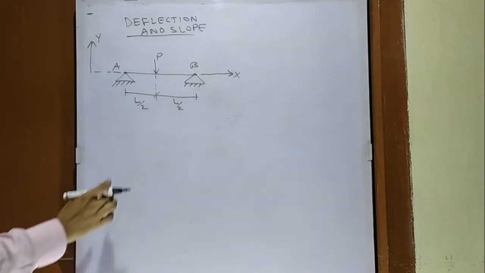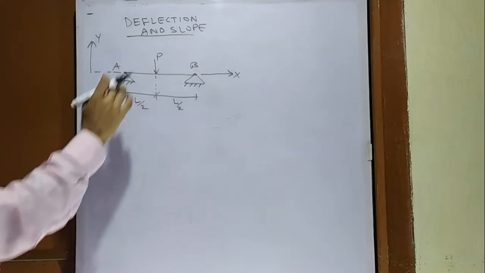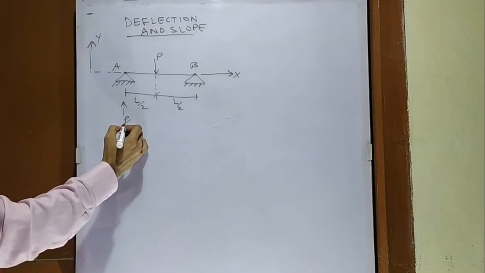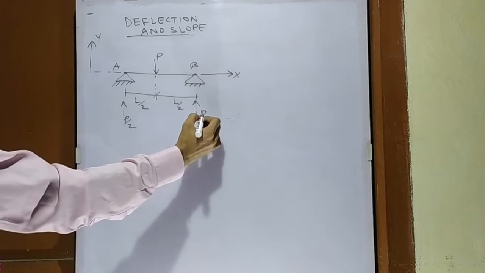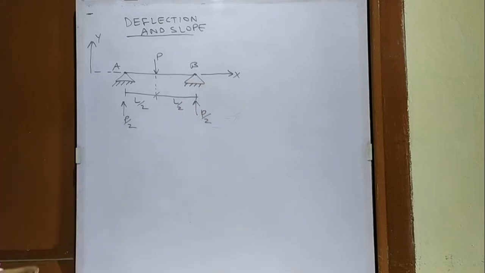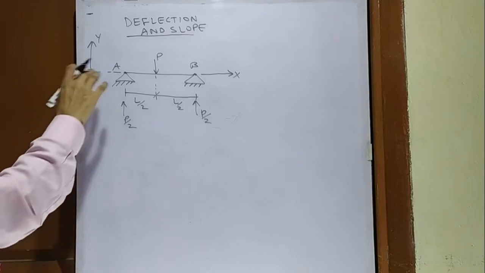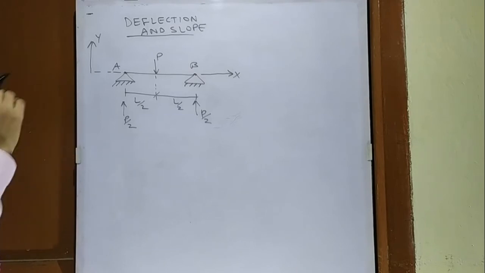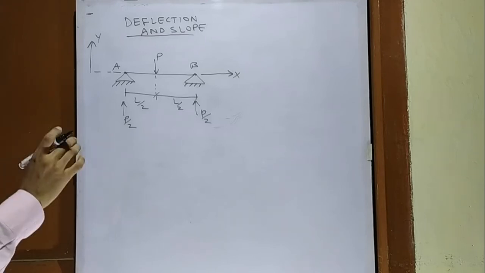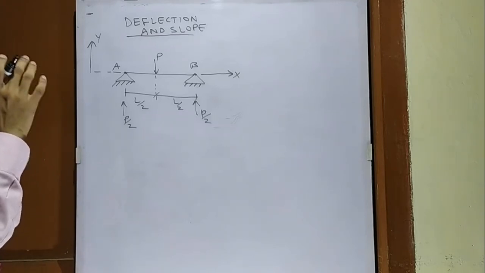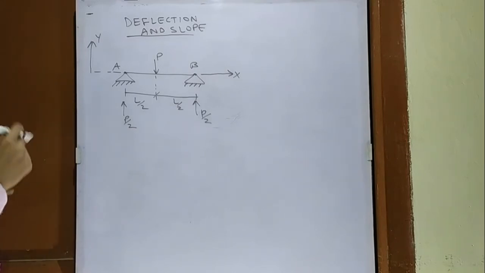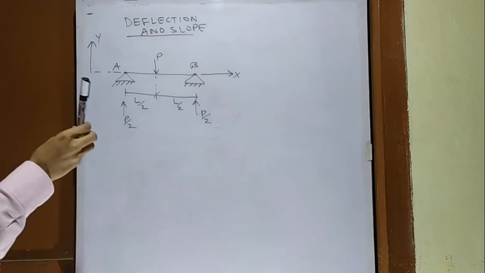The load is applied at the midpoint of the beam. Because we have only applied a vertical load, we will only get vertical reactions, which will be P by 2 at support A and P by 2 at support B, because the load is symmetric. We will not get any horizontal reaction because there is no horizontal loading. As we discussed in the previous video, at a pin support we only get rotation. The beam can only rotate but it cannot translate in any direction.